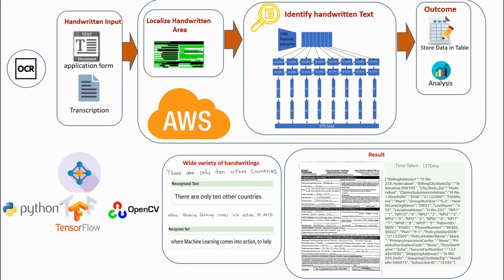Firstly, the localization will be done in order to identify where the handwriting may be present, and then coordinates will be noted. As the next step, each and every content in the bounding boxes will be sent into our deep learning model. The deep learning model is very efficient and is capable of identifying different handwriting styles. It essentially consists of a feature extractor of 5 CNN layers added to 2 bidirectional LSTM layers having a CTC loss function.